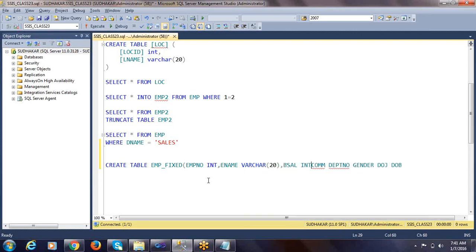Basic salary integer I will keep, and commission integer I will keep, comma, and department number integer, gender varchar 6, next DOJ datetime, DOB datetime,